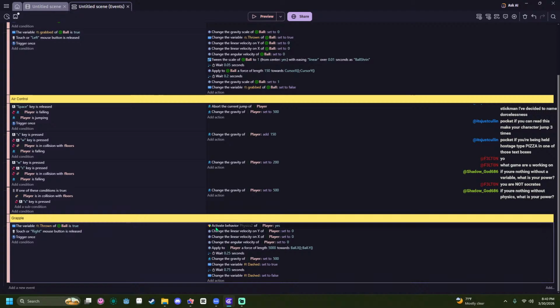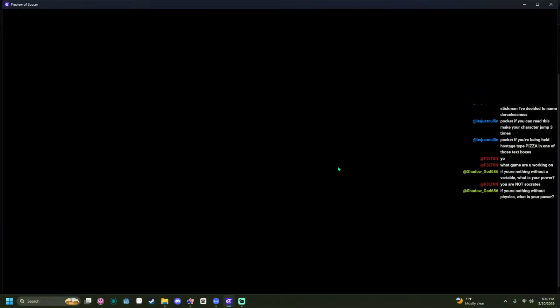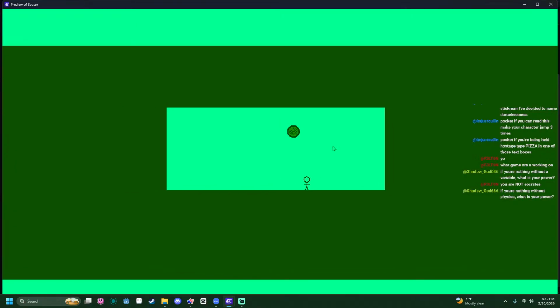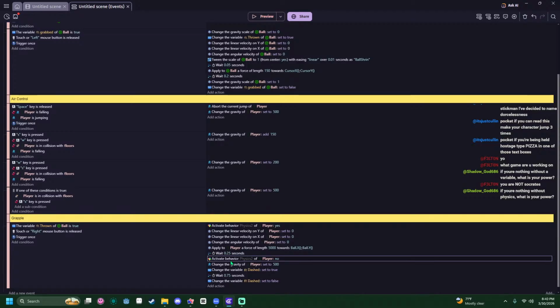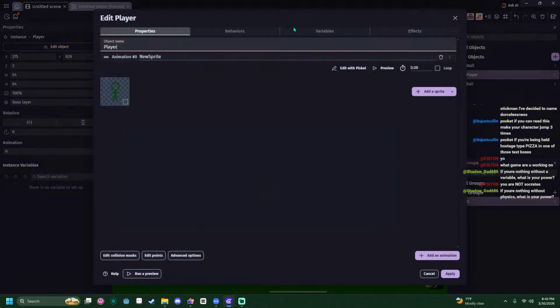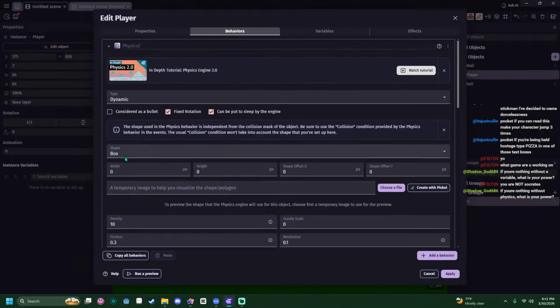We do have to disable it here, though. I thought that might be too short. Actually, you know what we can do? We can possibly just severely decrease his size, which is going to make his gravity fucked, but we can just fix it. So, like, do a box, right?